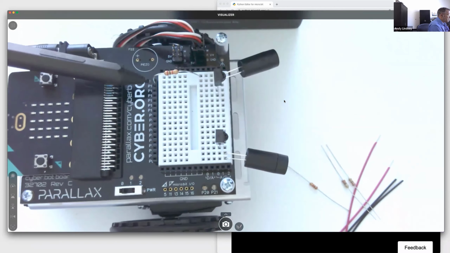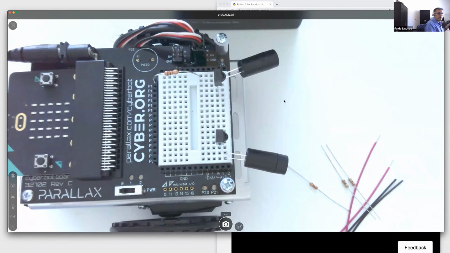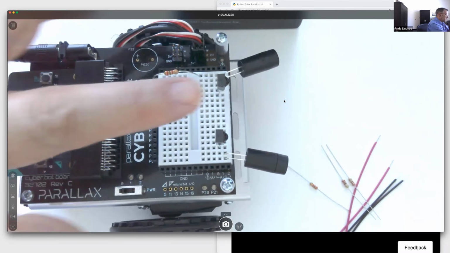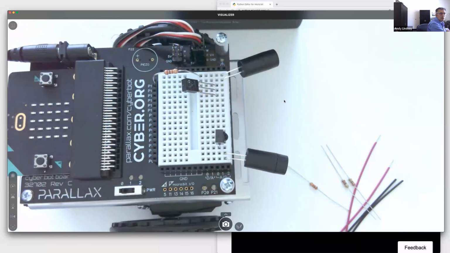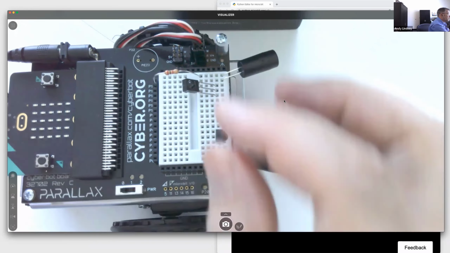So P14 to same row as long pin. Okay, next up, the shorter pin needs to be connected to